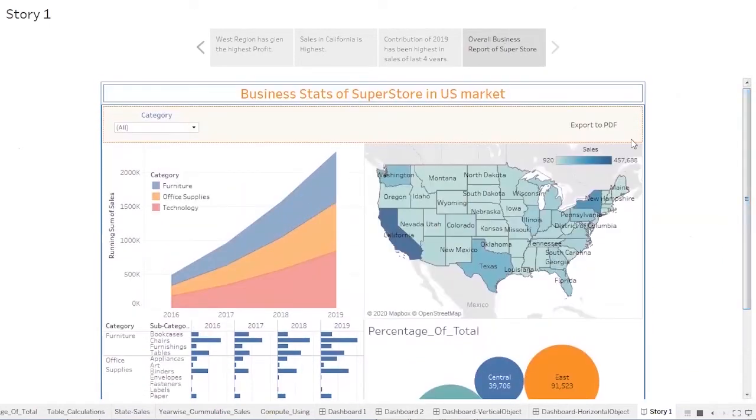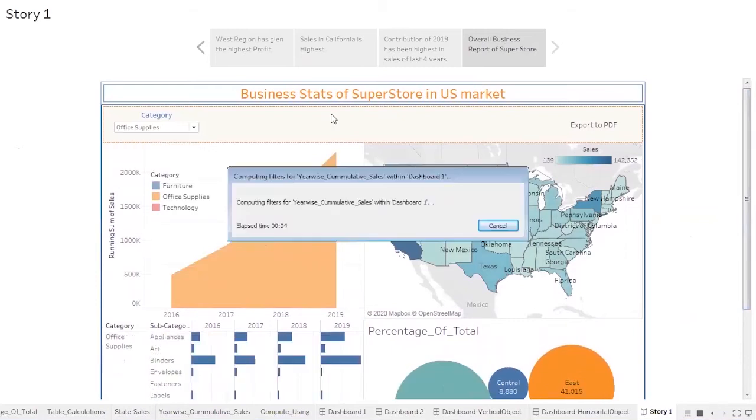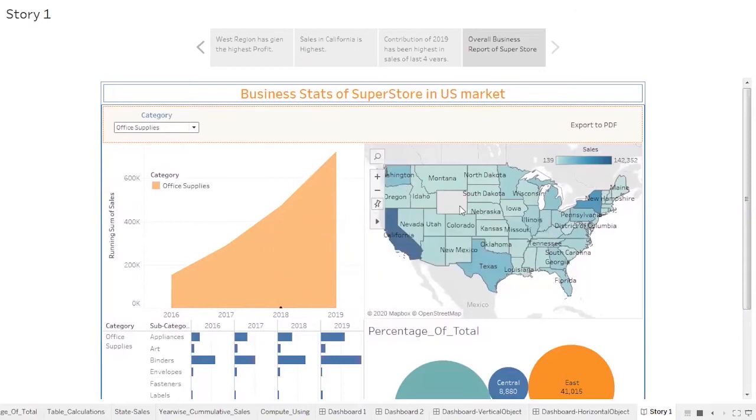If I would like to export this particular dashboard, I can do that. If I change the filters over here, the values will change based on my filters. The query is executing, and based on my filters, all 4 visualizations have changed. So over here I'm using the storytelling concept to connect all my visualizations and communicate a story to my end user.